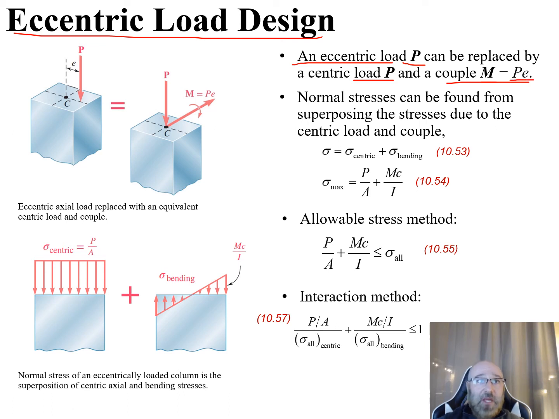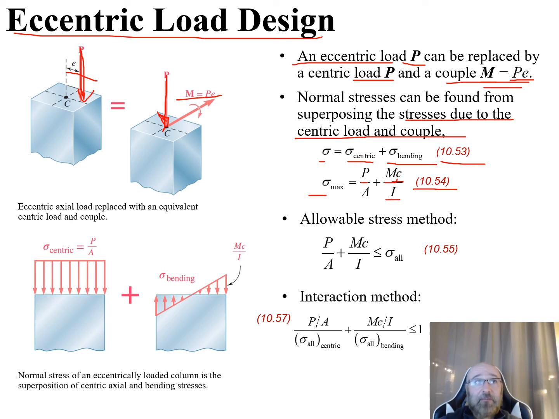So again, there's our P right there, eccentric load right there. This can be replaced by this centric load P, acting at point C here, and this moment that's equal to P times that distance E. Now, normal stresses can be found from superimposing the stresses due to the centric load and the couple, and this is related to our equation 10.53 in our textbook, where we can see our sigma is equal to our sigma centric plus our sigma bending, and we can see that our sigma max from equation 10.54 in our textbook is equal to P over A plus now that moment that we defined above here times C, all divided by our